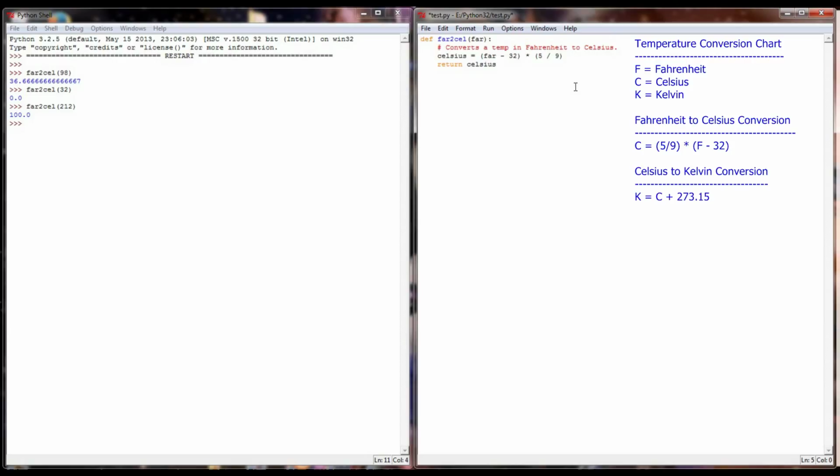The next thing we want to do is write a function that's going to convert Fahrenheit to Kelvin. So I'm going to write a function, Fahrenheit to Kelvin, and provide a temperature in Fahrenheit. And this function will convert a temp in Fahrenheit to Kelvin, and the formula is Celsius, I almost did it again, plus